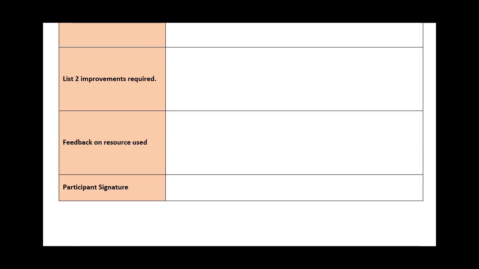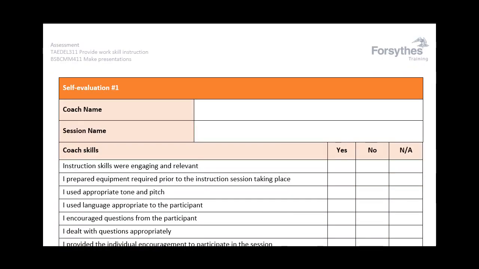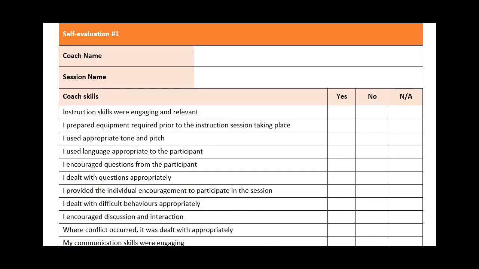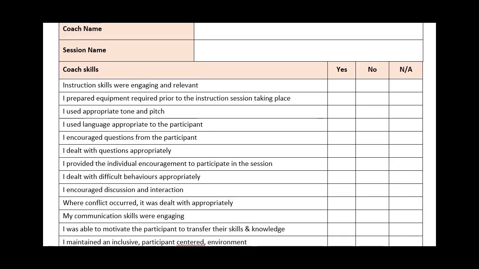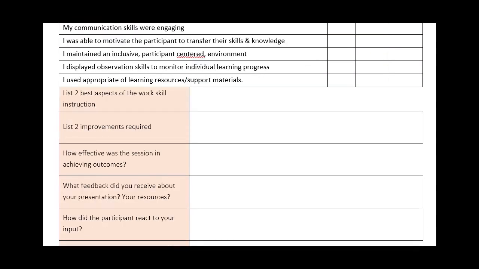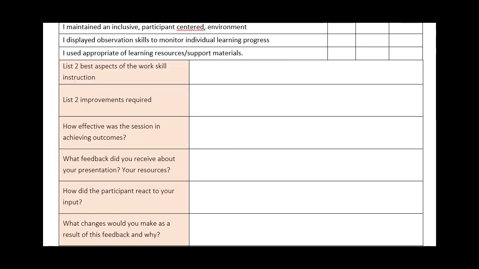If we scroll down a little further, you'll come into the next template where you've got your self-evaluations. This is where you're going to evaluate your own performance on how you felt that you went. So again, the yes, no's, not applicable for each of the criteria listed above. But really importantly, again, is this area down the bottom where you outline what you think were the best 2 aspects of your work skill instruction,